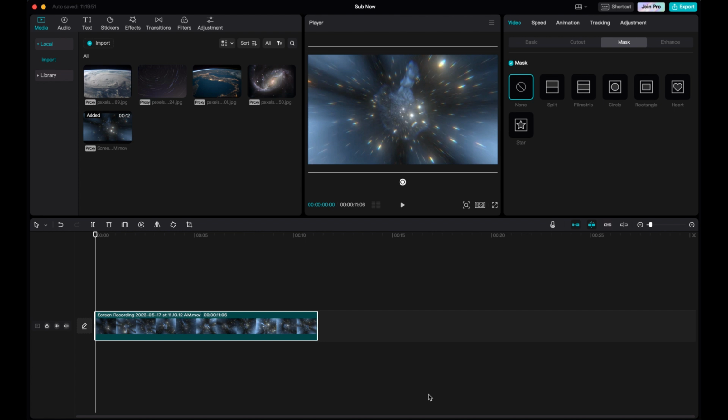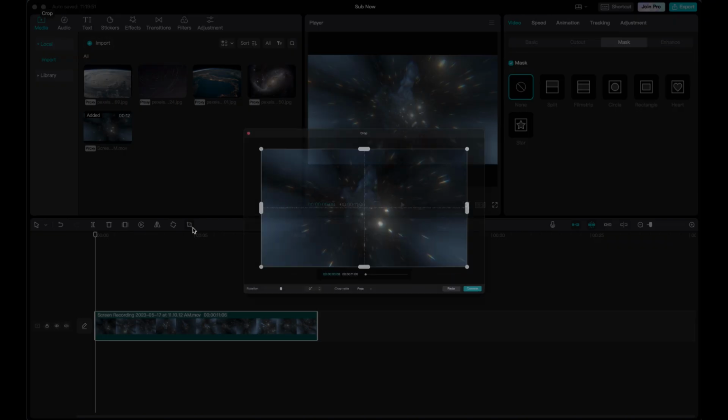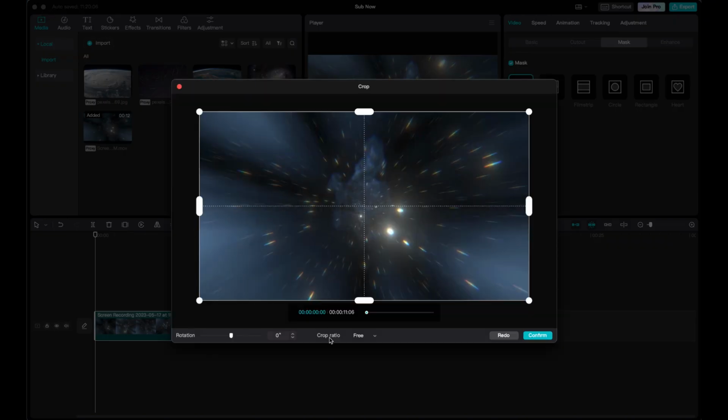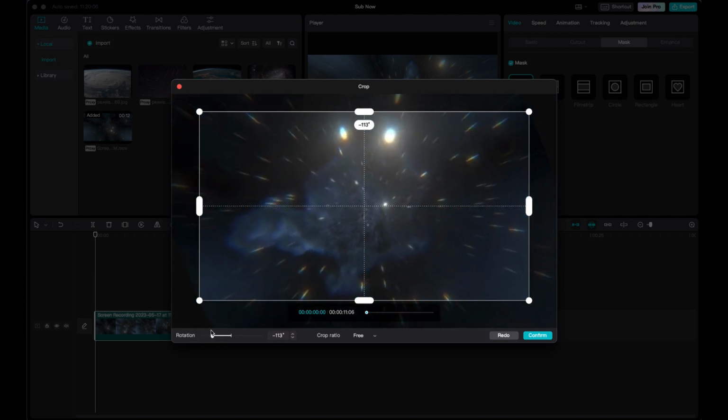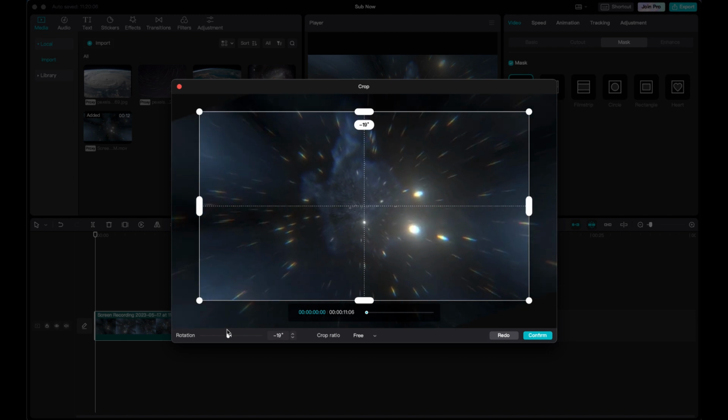Here's how to crop your video or images in CapCut. All you need to do is hover over here and the last icon will be crop. You click crop and you'll see a couple options here at the bottom. So you'll see rotation, and you can see when you're rotating it, they try to fill up the frame as